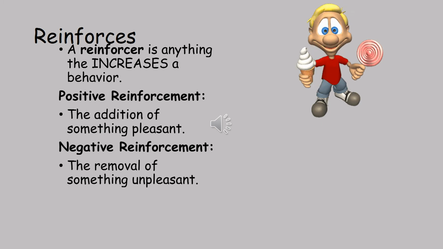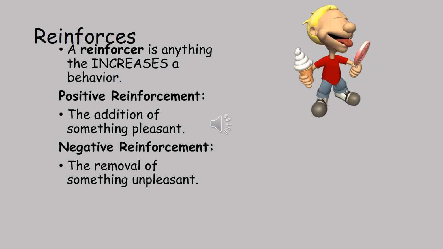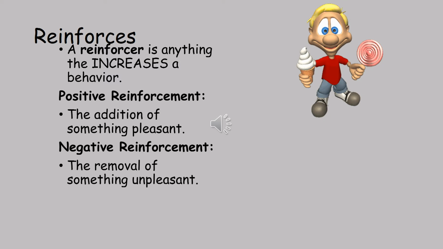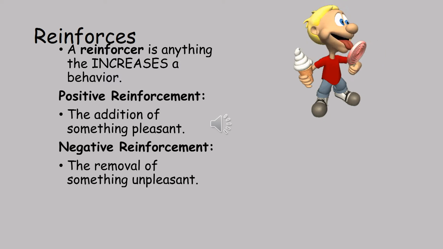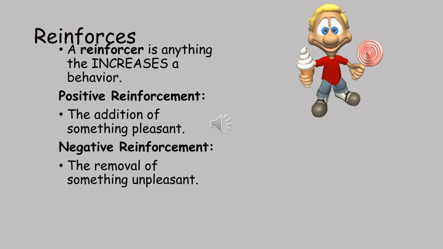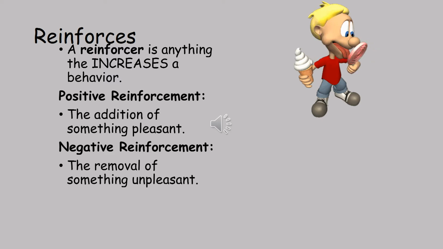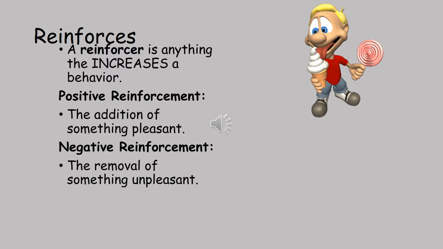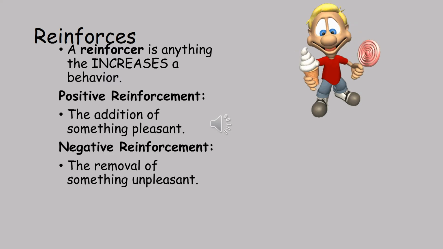Another example, if you have an adolescent child and you want them to perform well on their report card, you could use money as a positive reinforcement for every A or B that they receive. A negative reinforcement is still intended to strengthen or increase a behavior and should not be confused with punishment. A negative reinforcer is the removal of something unpleasant.